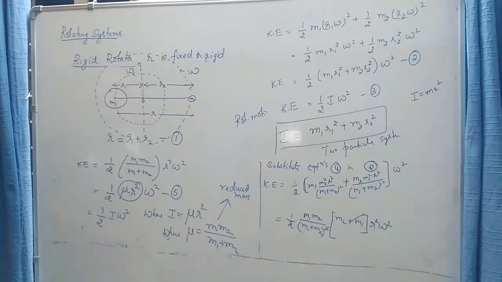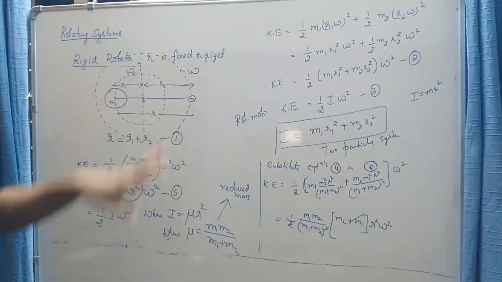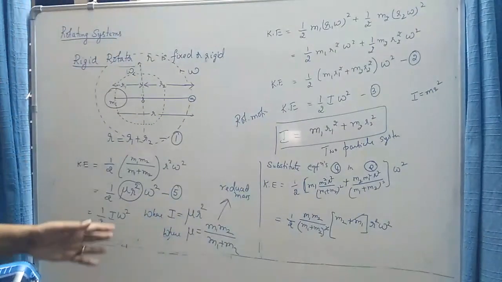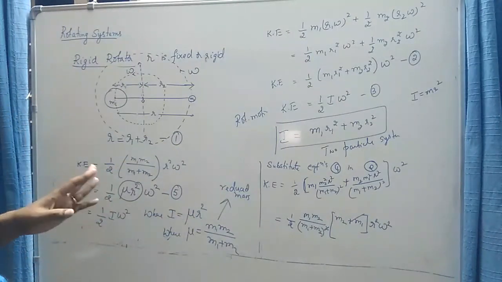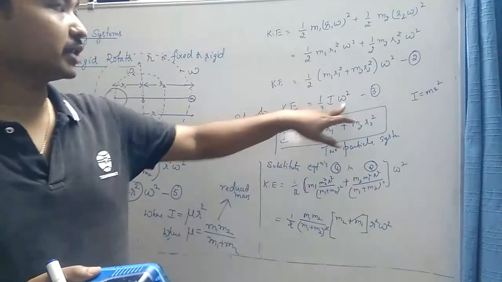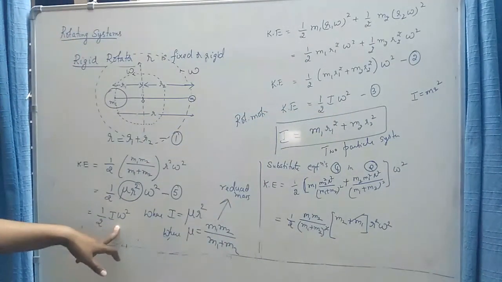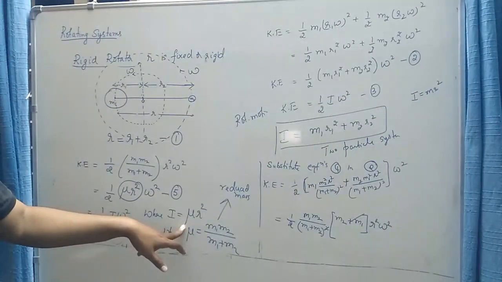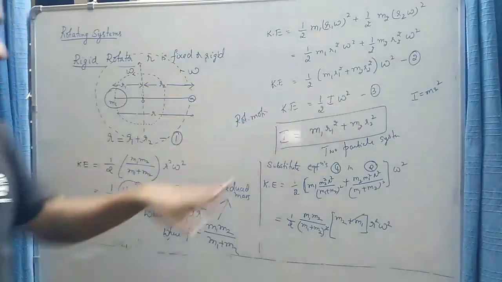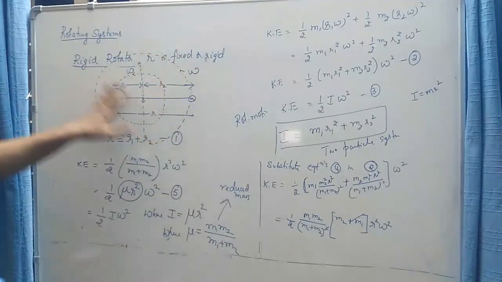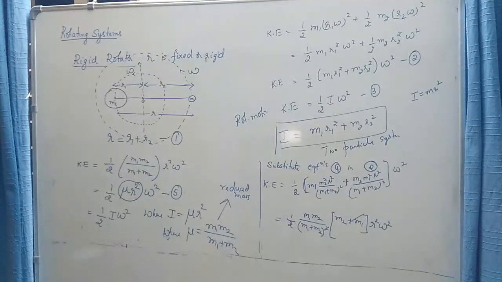So the use of this result is that we can simplify this overall two particle system into a single particle system. Why? Because at the end, whether we are dealing with a two particle or one particle system, we end up with similar types of equations. Here also kinetic energy is half I omega square, and here also it is half I omega square, where I, the moment of inertia, is given here by m r square, and here by a similar term, I is equal to mu r square. So if we compare these two expressions, we see that it is possible to replace this two particle problem by a single particle problem. How do we do that?